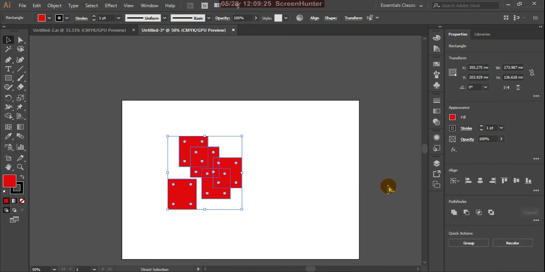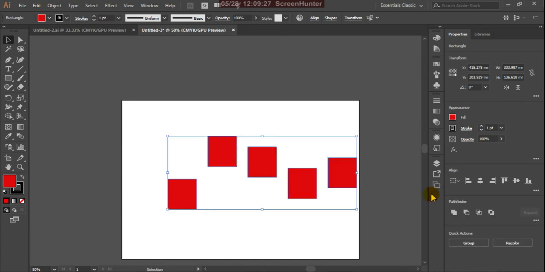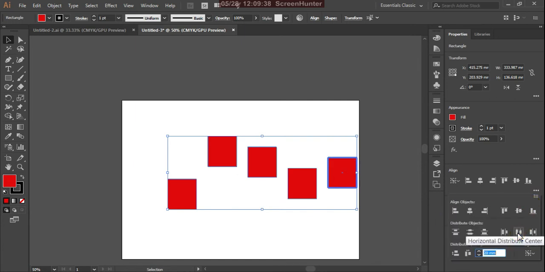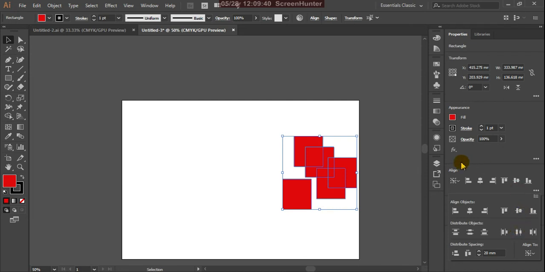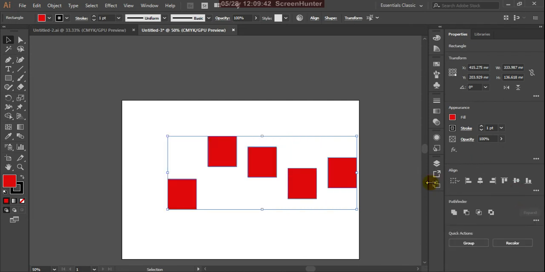Okay, yes. So this is about alignments in Illustrator.